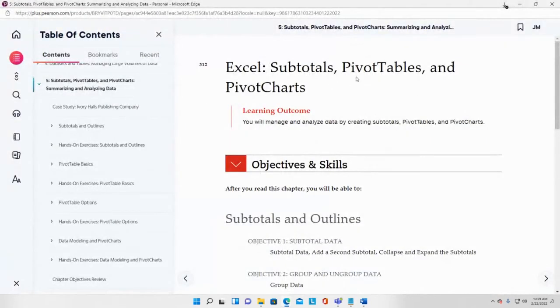Excel subtotals, pivot tables, and pivot charts. You will manage and analyze data by creating subtotals, pivot tables, and pivot charts. These are very big things in Excel. But in the CGS 1060 class, we don't go into subtotals, pivot tables, and pivot charts, except in some cases,